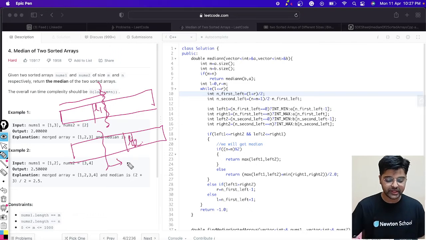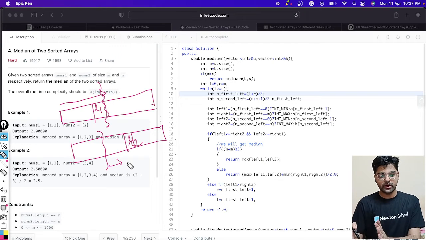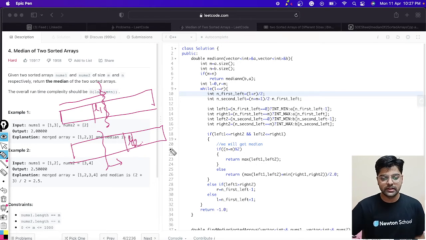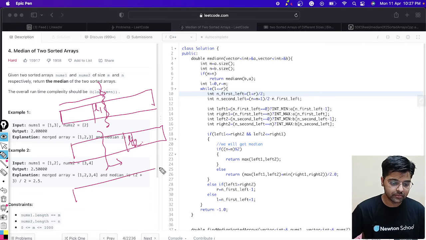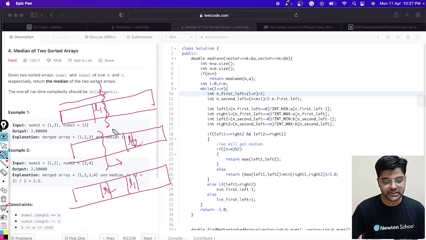In the sorted merged array, R2 will come earlier than L1, so R2 will come first and L1 will come later. So this boundary will go to the right side and the other boundary will have to shift to the left side, right?